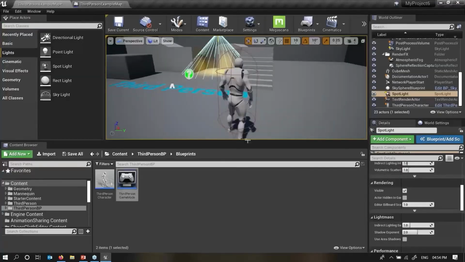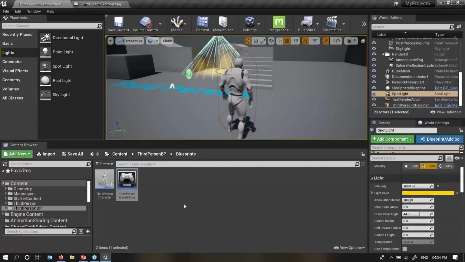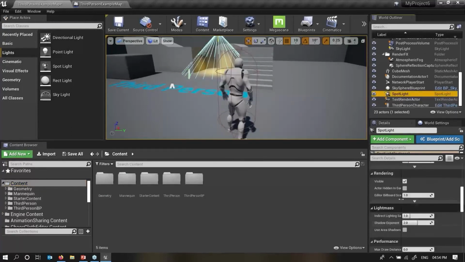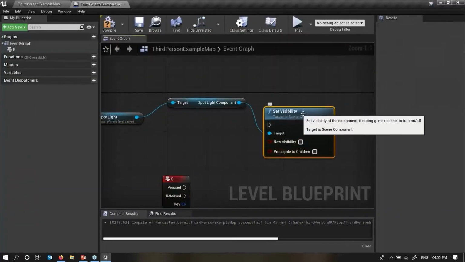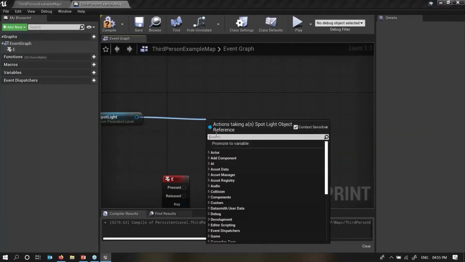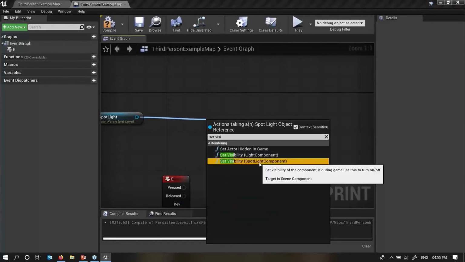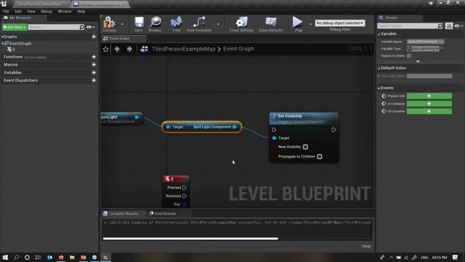I've already shown you we need to turn the visibility of my light on and off. If I go into the spotlight component over here and go down to rendering, there is visible. The same node I need: once I click on set visibility, this light component node will be added automatically. We can search for set visibility, light component, spotlight component. This will add the node automatically, right?